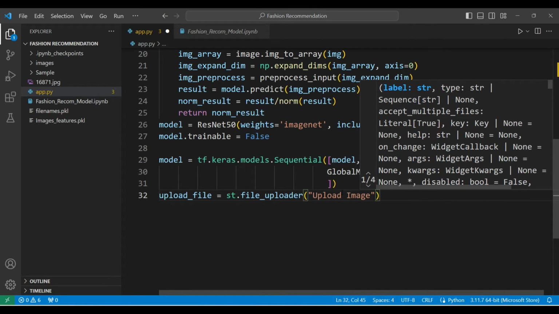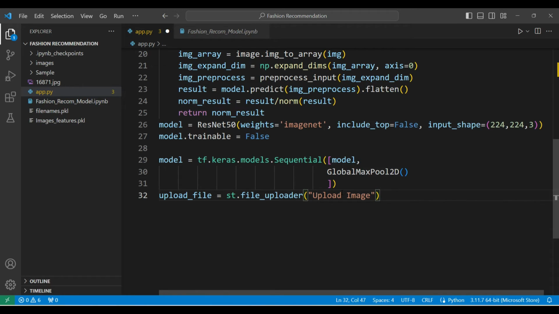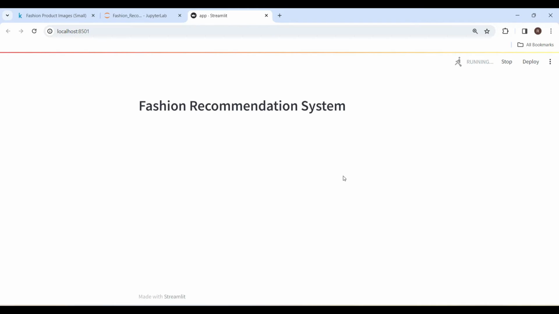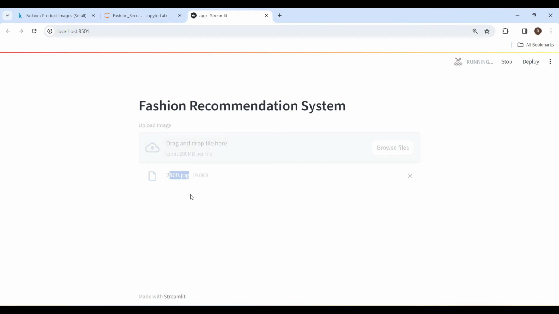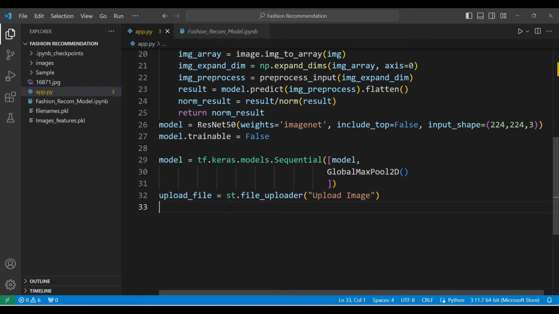Uploaded image. Okay, upload image. It's running. Here it is coming. If I open any image, it's 2500.jpg. We have to save this image. Whenever the user uploads an image, we have to save it. First for that, what we are going to do is, if upload file is not None,